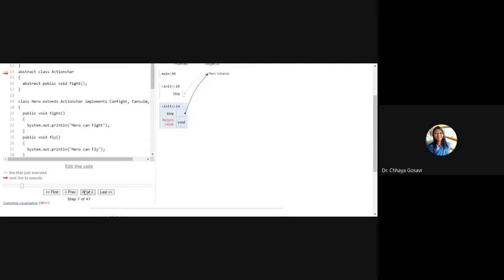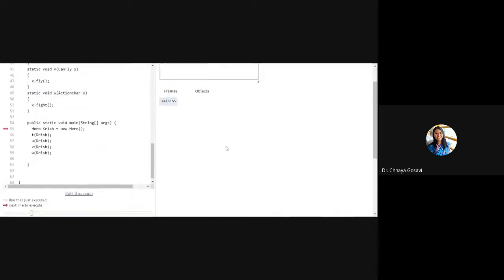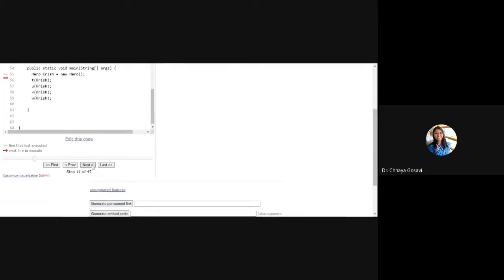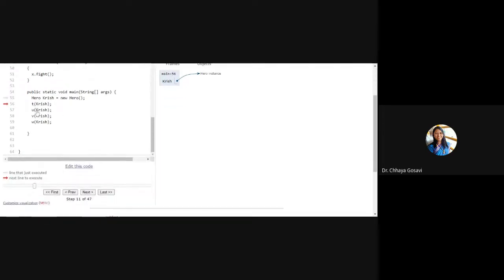Now we are saying implements CanSwim, CanFight, CanFly. It will not go there. Now the object is ready. So Krish is a Hero instance. Now we are calling function T with this object Krish.